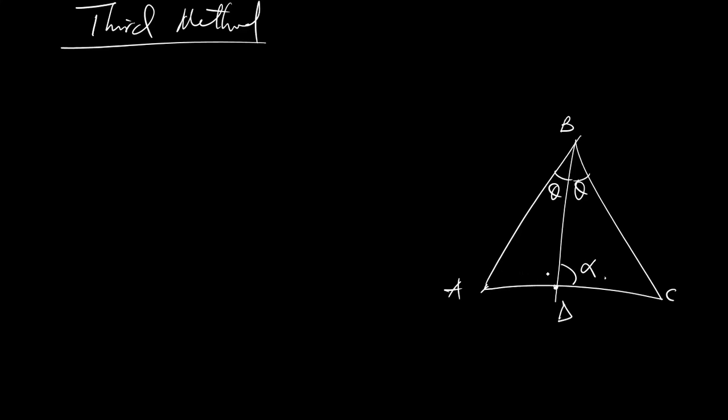Alpha. And here, since it's angle on a straight line, here will now be 180 minus alpha. So now looking at triangle ABD, using the sine rule, you now have